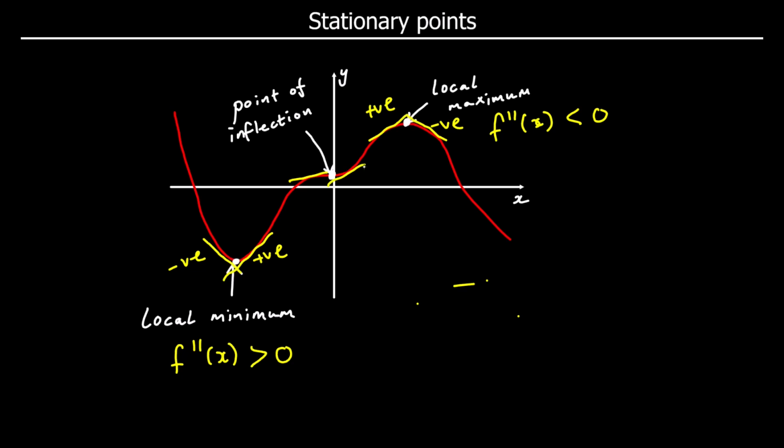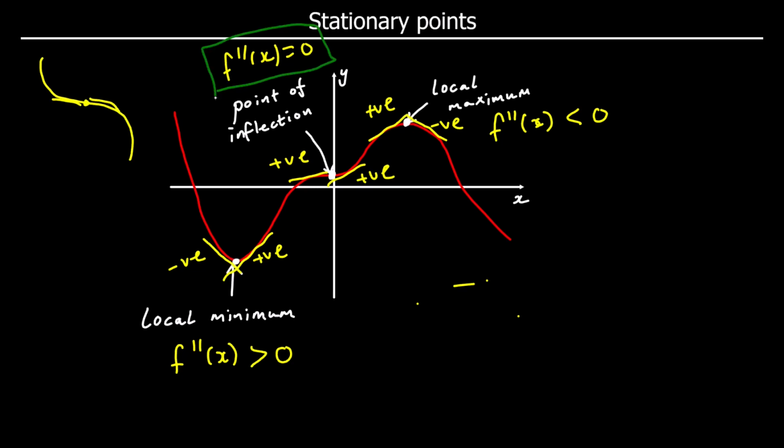At a point of inflection, in this example, we've got positive before and positive after. We could also have negative before and negative after if it was the other way around, if it was like this. So it's the same, the gradient is positive and positive, or negative and negative, before and after a point of inflection. At a point of inflection, the second derivative is equal to 0,